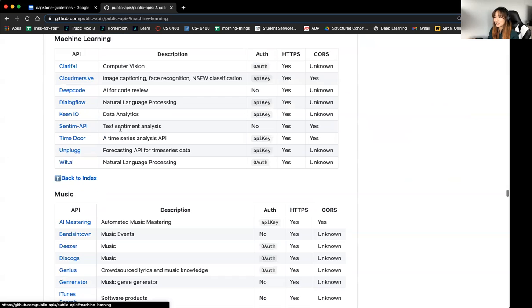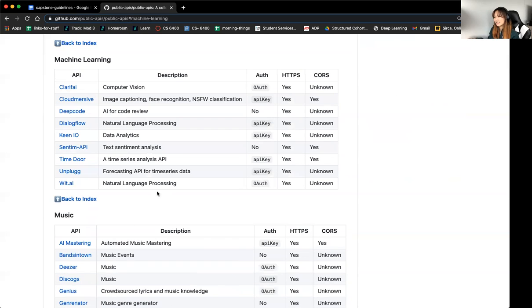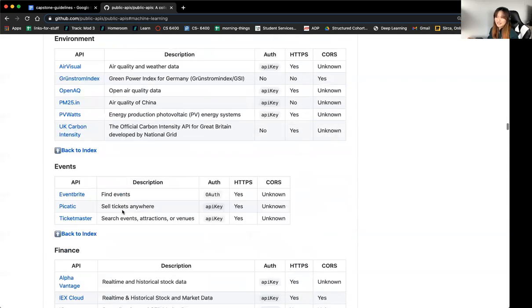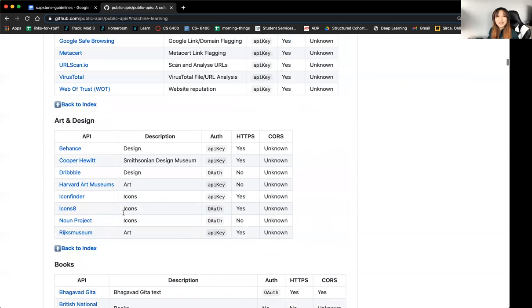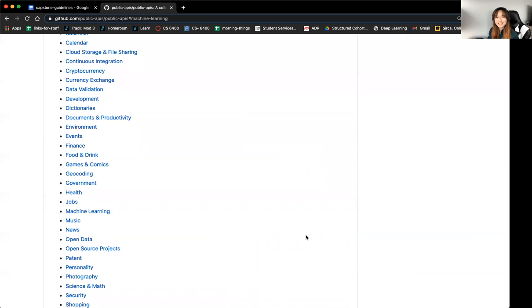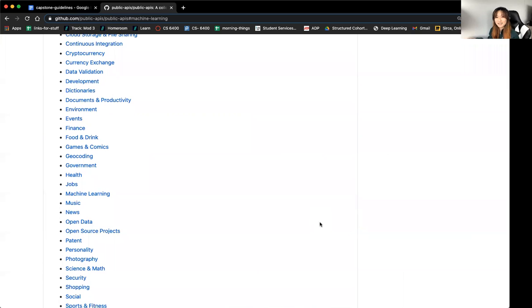I think there's a machine learning tab. Okay, I guess this is not for machine learning, but yeah, there's a bunch here. Oh, I think another good one, if anyone's interested in beer, there's a good beer API to get different information about different beers. There's a cigars one. I had a student that web scraped a website that has all the cigar information. Yeah, there's a bunch. All right, thanks.